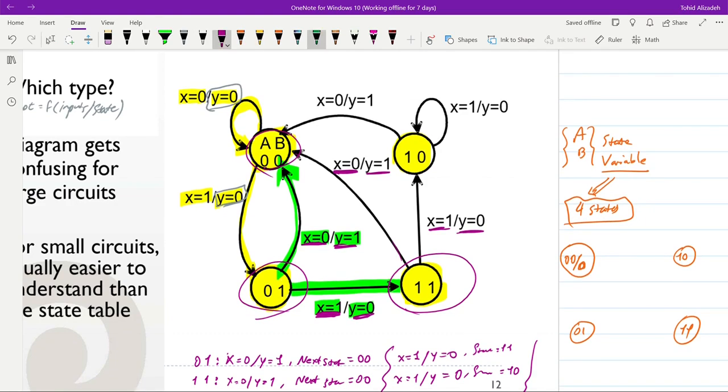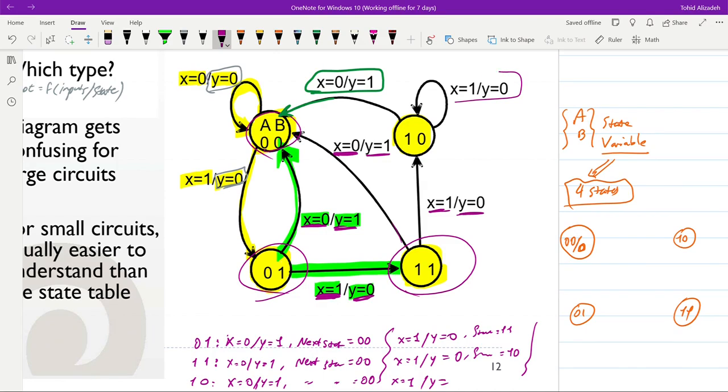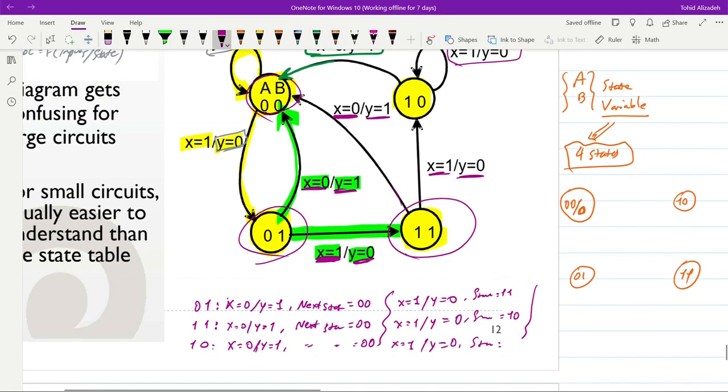And that's shown here. And on the other hand, if x is equal to 1, y will be equal to 0, and the state will be 1, 0. Okay. Now, having all this in mind, we can assume that it's possible to combine these